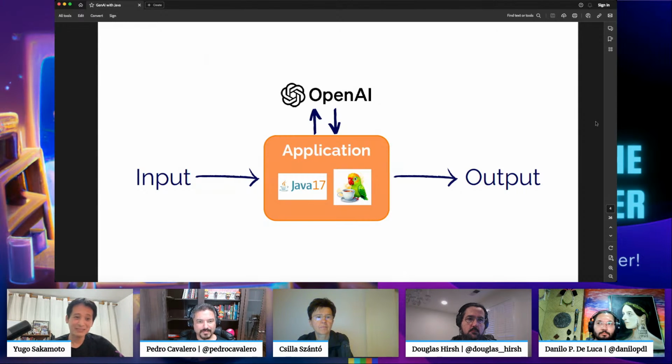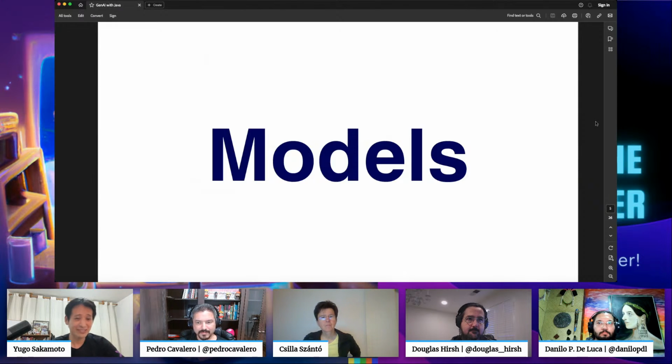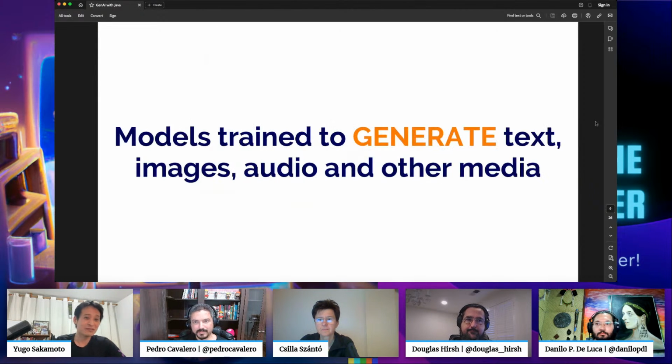The first concept that is very important is about models. Every time I'm working with some artificial intelligence, behind the scenes we are working with some models. And for large language models, we have plenty of models available. They are all pre-trained to generate something. When we say generative AI, the generative comes from the idea of generating things.